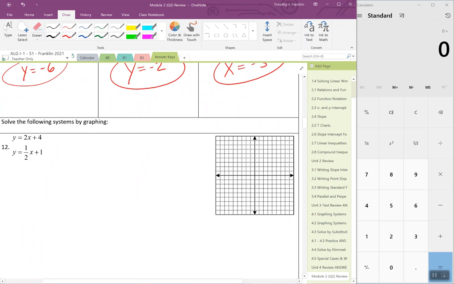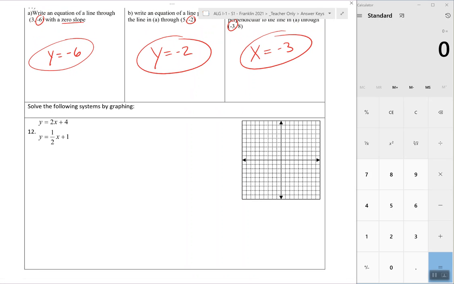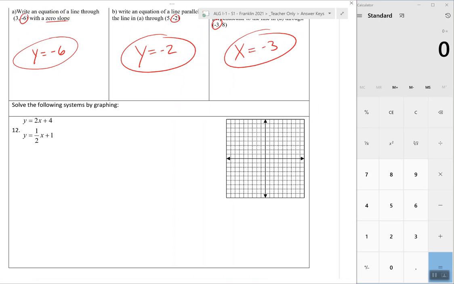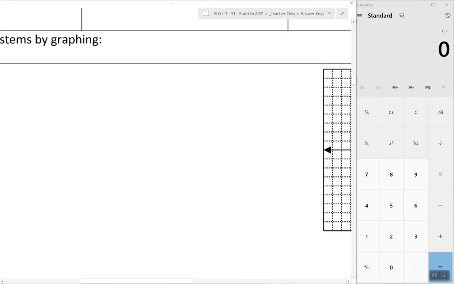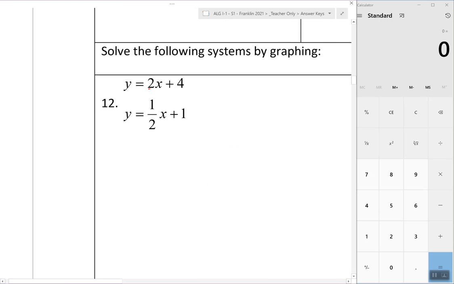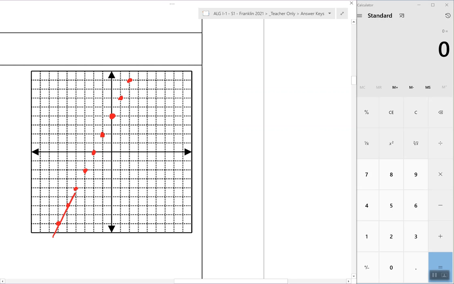Okay, solve the system by graphing. We need to just graph these two lines on the coordinate plane there, and then we can find the point where they intersect. So y equals 2x plus 4, we'll do that first. So we're going to start up at 4, and then our slope is 2 over 1. So we'll go up 2 over 1, down to left 1. Okay, and then we can draw the line here,